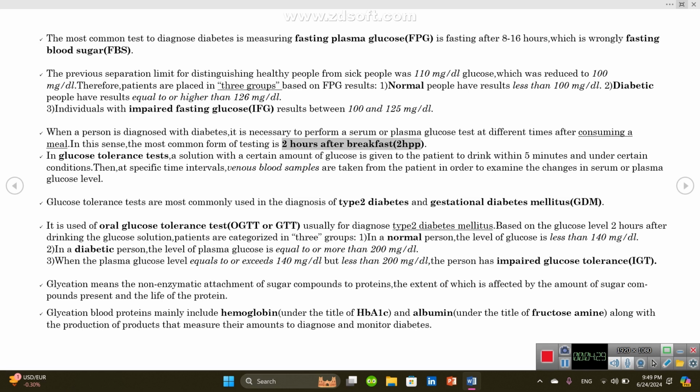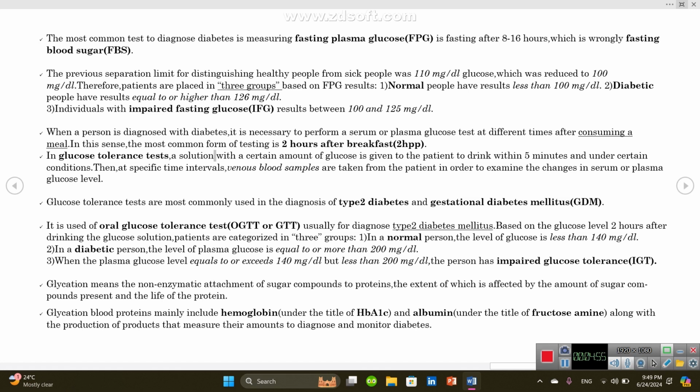In the glucose tolerance test, a solution with a certain amount of glucose, for example, 100 gram, 50 gram, or 75 gram glucose, it is different, is given to the patient to drink